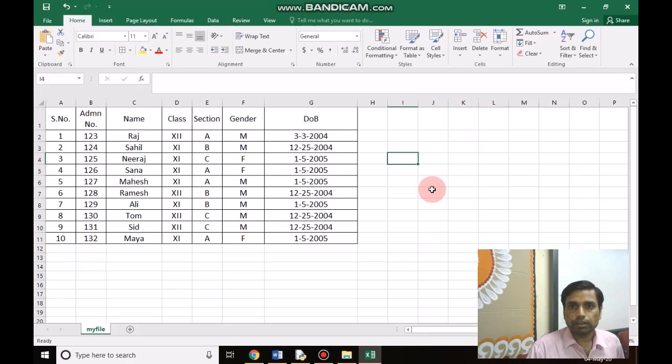Here I just made a table with column names: serial number, admission number, name, class, section, gender, date of birth. Serial number is an integer, admission number is an integer, name is string, class is string, section is string, gender is also string, and date of birth is in date format.